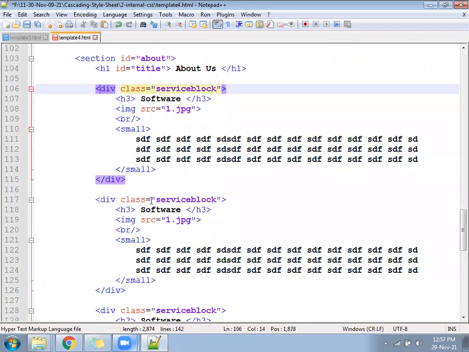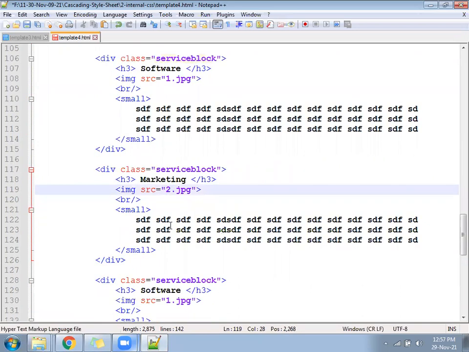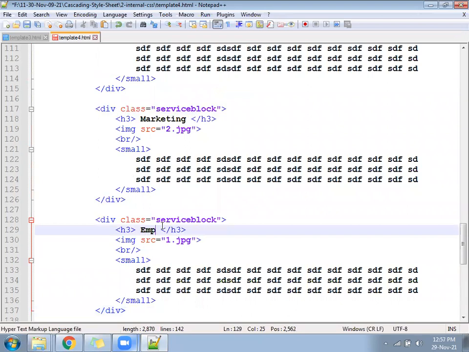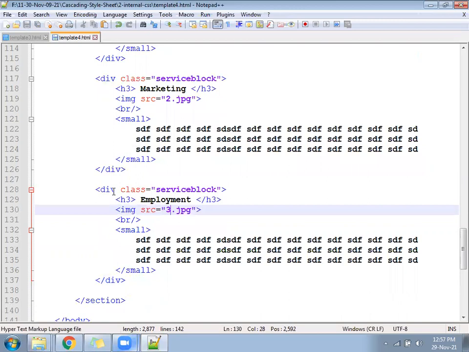The first is after, the second is marketing, and the image you can change to 2.jpg, and the third you can change to employment, 3.jpg, in sequence.